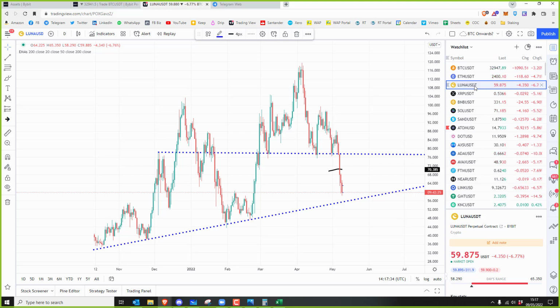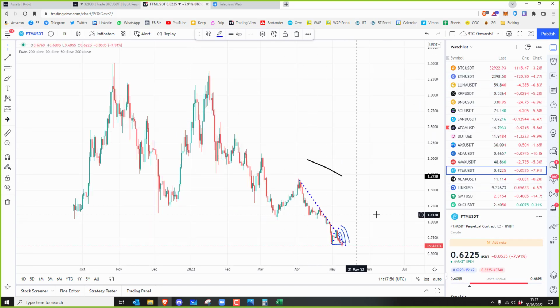If you're placing stuff on the daily chart, your hit rate is most likely going to be a lot higher, because obviously the higher the time frame, the better. But the problem is you're going to have much bigger stop losses, which means your position size is going to be relatively low. So, for example, let's pick a random thing.